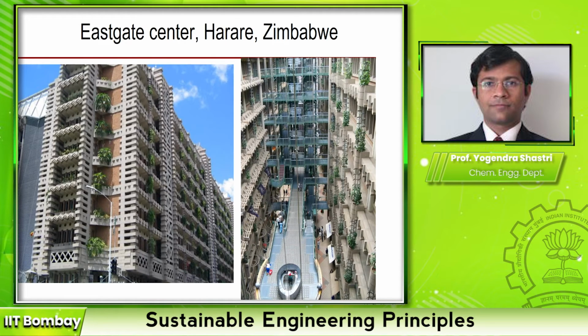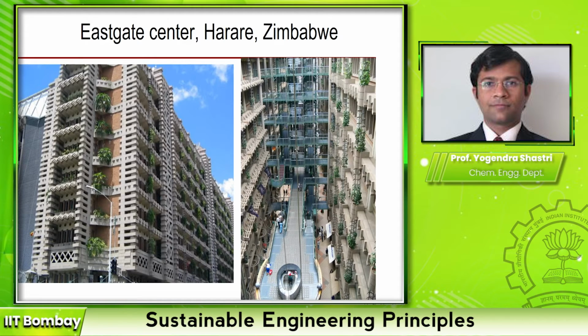Now, how can this be adapted, or why is this relevant? As I said, this is relevant in architecture or building construction. Buildings are actually major sources of energy consumption. Increasingly, as we have more air conditioning and more centralized heating and cooling, the amount of energy that we need in buildings is increasing rapidly. And if you are able to reduce that, that will make a significant contribution in reducing, let's say, the global warming potential and so on.